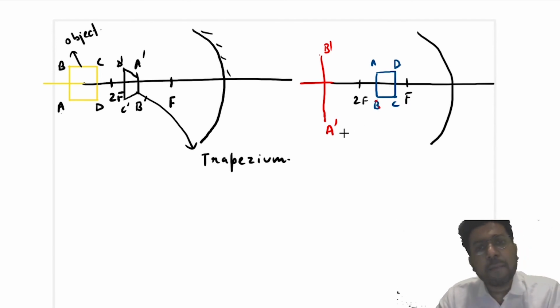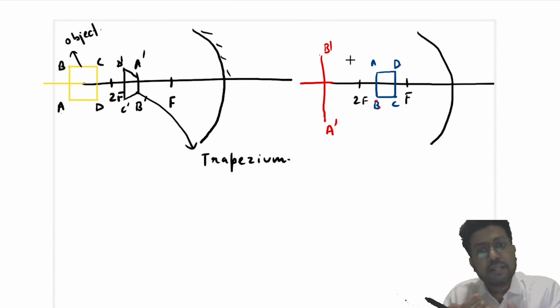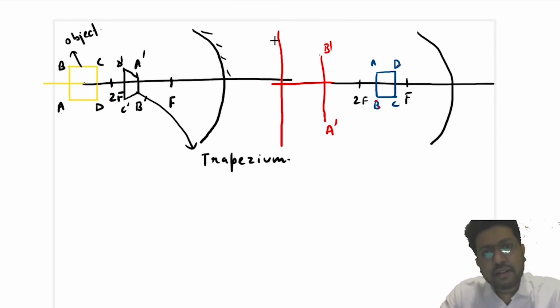Also you know that the magnification keeps on increasing as we move towards the focus. So CD will definitely be more magnified. CD will be more magnified, and will be to the right or left? You know that the image is laterally inverted. That means if here CD is towards right, here it will be towards left, but it will actually become DC. If this was DC, then this will become CD. That means the image will be laterally inverted. So this is D here, it will become C dash, and this will become D dash. CD will be more magnified compared to AB.